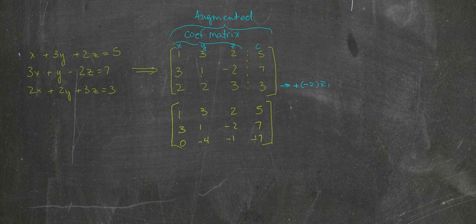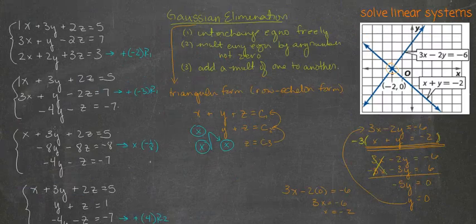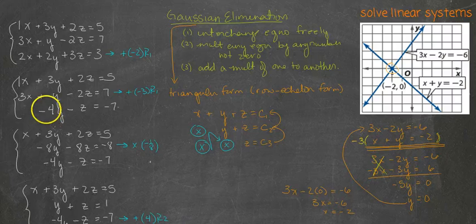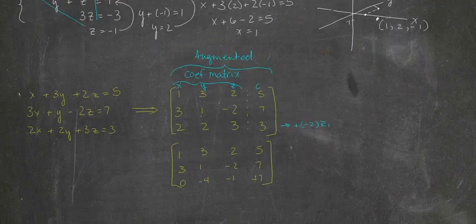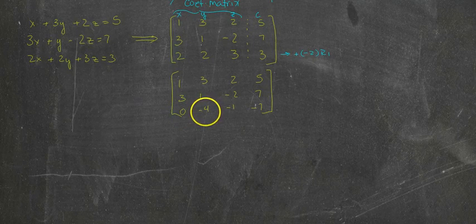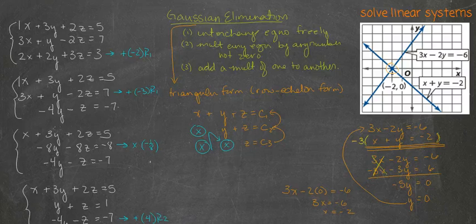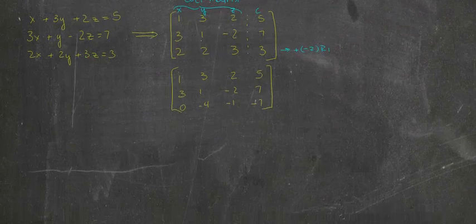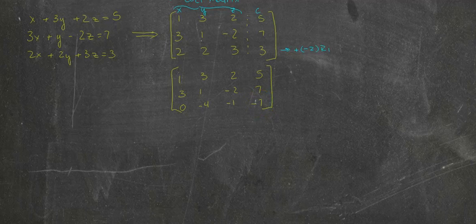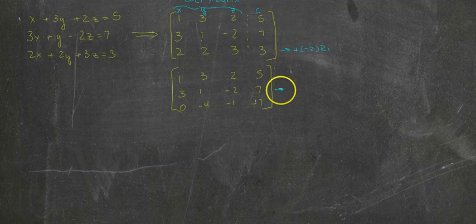And let's look up here, and you should see that we have 0, -4, -1, -7. Uh-oh, did I make a mistake? 0, -4, -1, -7. I did not. Okay, now I want to take out this value, so I'm going to change row 2